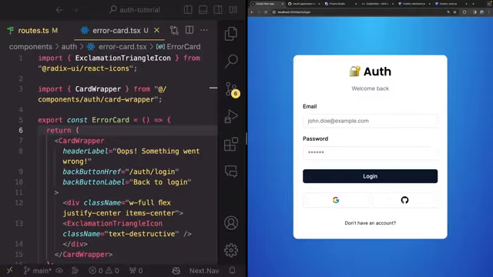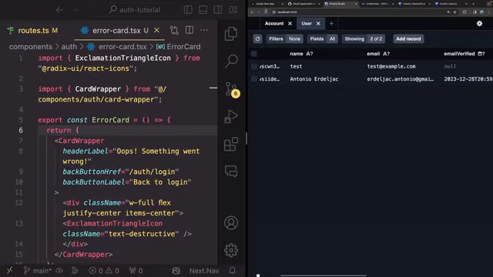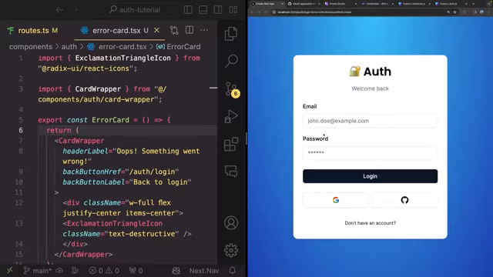So I'm going to go ahead and use the Google login, and I'm going to select the same email that I already have inside of my database here. So what probably happened is that you didn't get redirected to the error page. Instead, you came back to the login page. Well, that's an improvement from what previously happened, which just redirected us to that weird page which we've never seen before. But here's the thing,